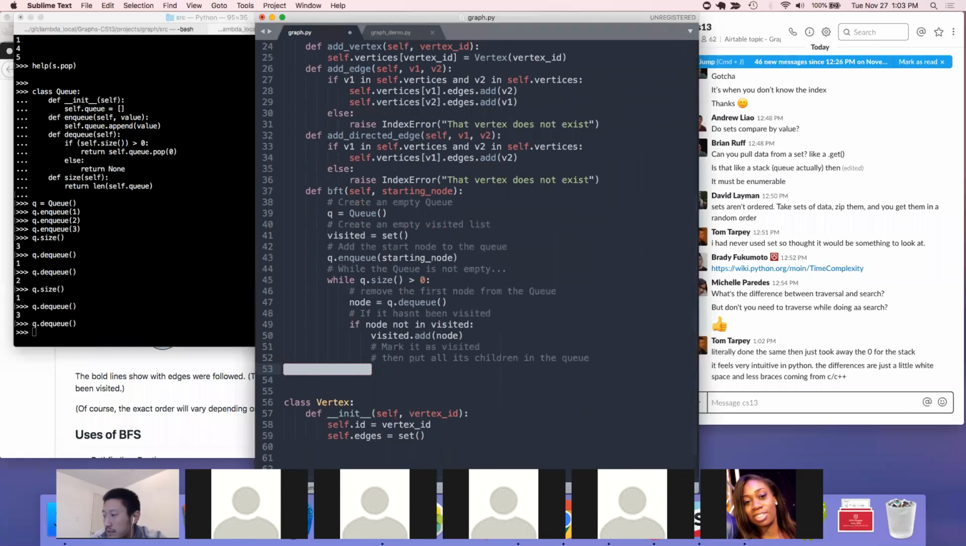All right, so that is for child in self.vertices. So self.vertices is the list of vertices. Nodes, I guess we can call this like node ID, but this is going to be the ID of the node dot edges. For each child, we can say if child not in visited,